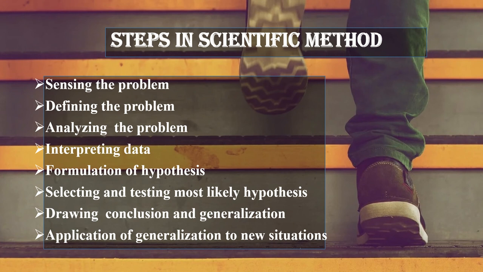There are 9 steps listed here: sensing the problem, defining the problem, analyzing the problem, interpreting data, formulation of hypothesis, selecting and testing the most likely hypothesis, drawing conclusions and generalization, and the last, application of generalization to new situations. In detail,